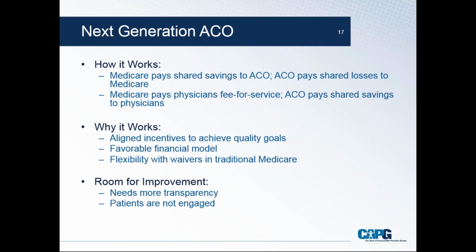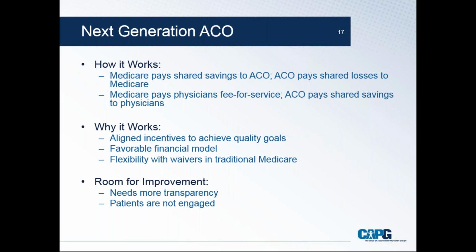There was a recent example where CMS had specific rules around stop loss and then offered the ACO participants an opportunity to pick a different approach to stop loss, but they offered it in November of the performance year 2017, which obviously creates a ripple effect for the whole year that has already occurred, the 11 months of the year that has already occurred. So some challenges there with transparency with CMS in terms of moving targets,